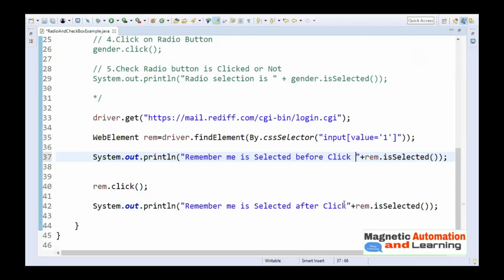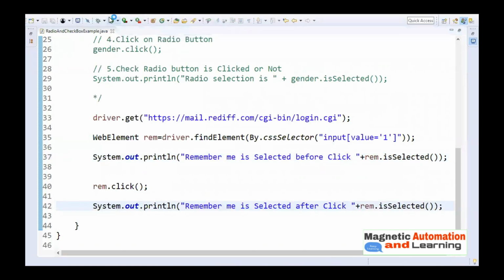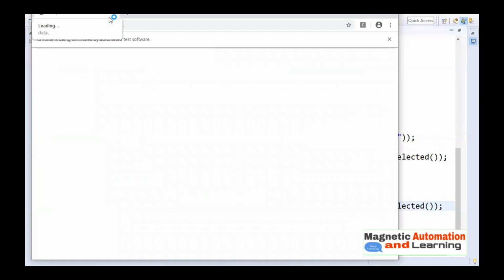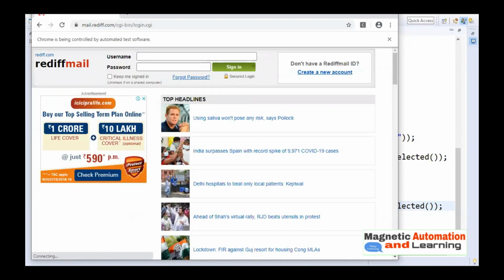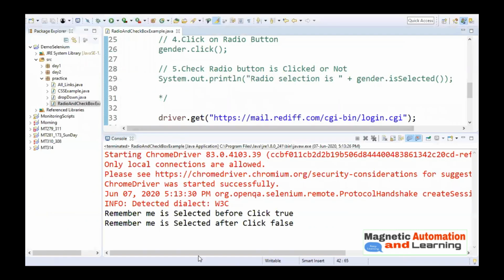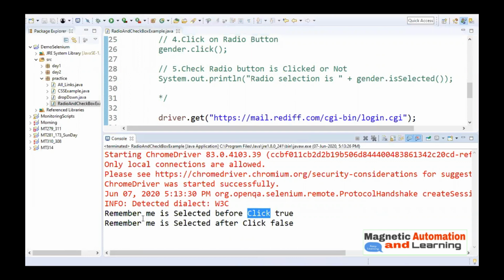Let's have one space here and here also, and run once more. Close the browser and check in console what is printed. Remember me is selected before click, true, and remember me is selected after click is false. Since it was selected by default, if you click once, it is going to be unselected.